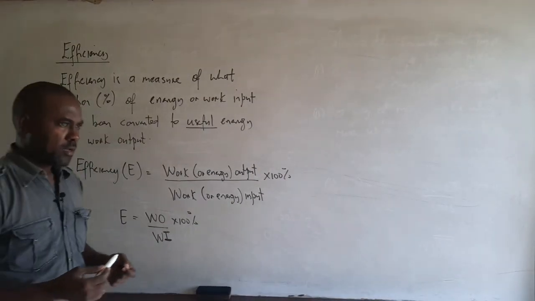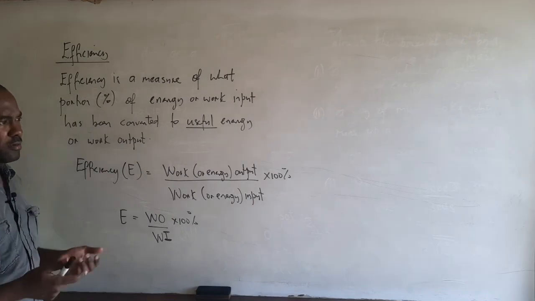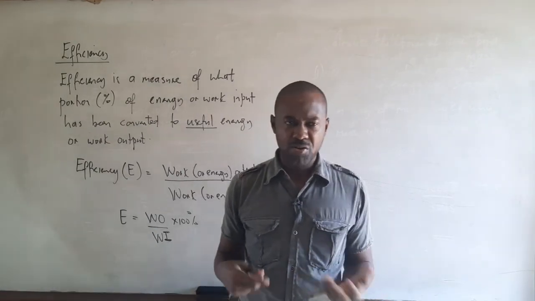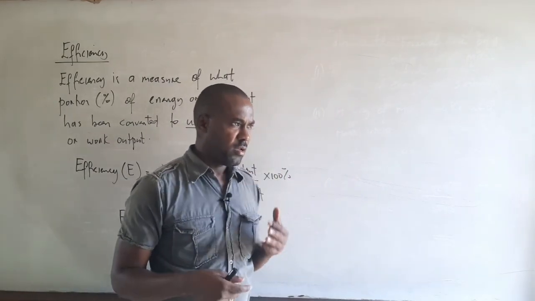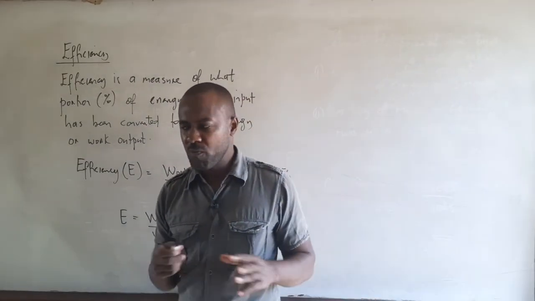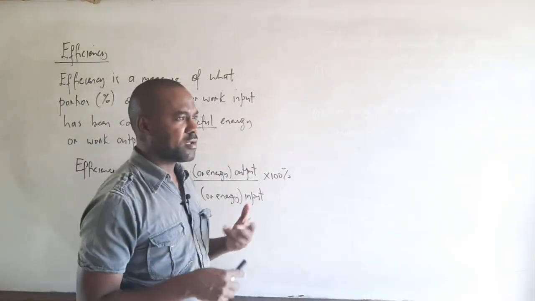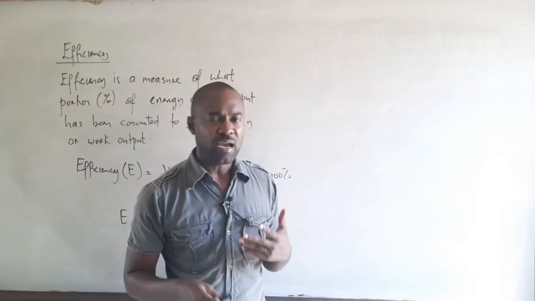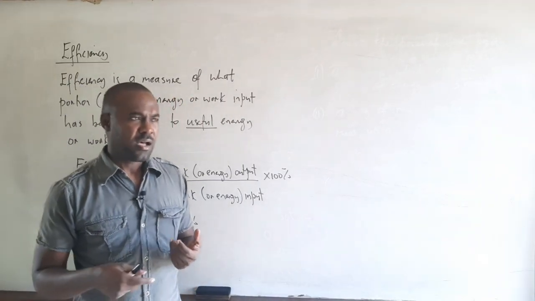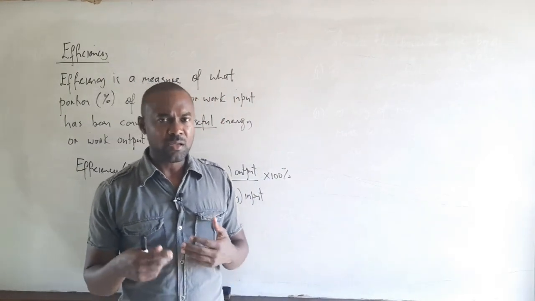Now, can any machine be 100% efficient? In theory, but in practice, no machine or no energy conversion process is 100% efficient, right? Because for one, there's always some amount of energy which is lost as heat, right? So no machine or energy conversion process is ever 100% efficient, because there's always some amount of work being done against friction, and this usually results in heat. A vehicle's engine, for instance, is not very efficient. As a matter of fact, the vast amount of energy that is actually extracted from the petrol or the fuel is normally wasted as heat,